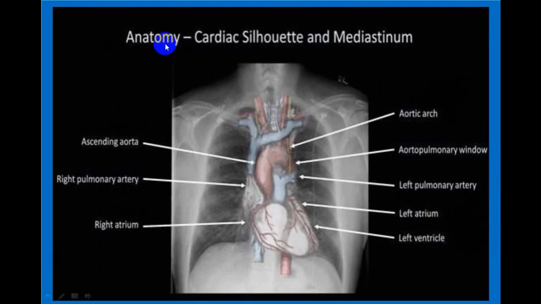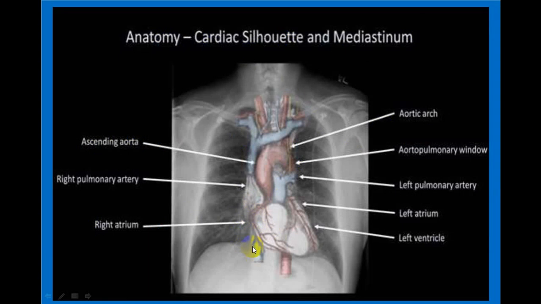Now if you look at the cardiac silhouette, we already know the cardiac silhouette. This particular we will be discussing in detail in the chapter on the heart. So this border is by the right atrium. This is the portion which is the inferior vena cava. Then this is the pulmonary artery. Then you have an ascending aorta here. This is the superior vena cava. Then innominate, and this will be the paratracheal strip, which will be containing the branches of the aorta, etc.